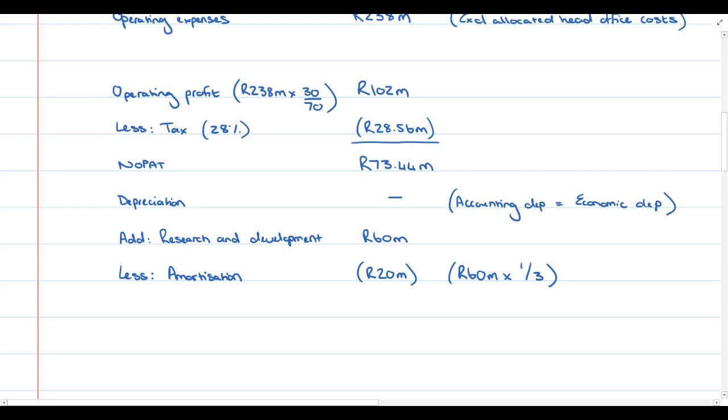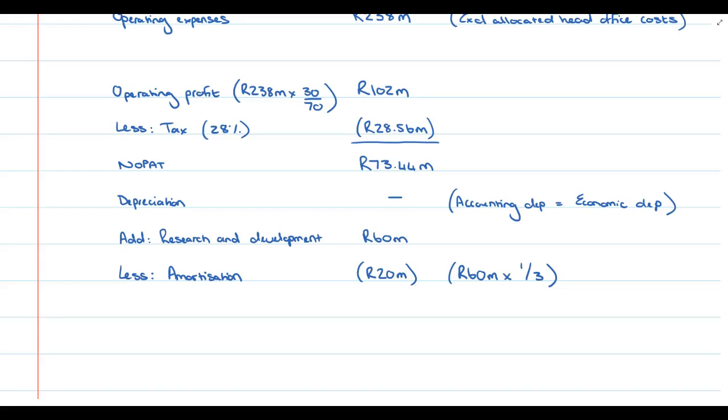So 20 million is written off this year, another 20 million will be written off next year, and the final 20 million will be written off in the following year. All right, then next what we need to do is consider if there are any non-cash expenses. So for example, if there's any movement in provision for bad debts, if there's any movement in deferred tax, etc.,